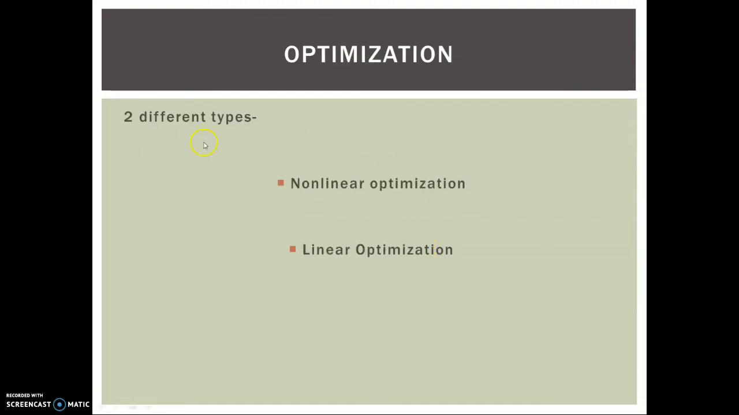There are two different types of optimization. One is nonlinear optimization and the other one is linear optimization. Now I am going to give a brief description of these two optimizations. So, nonlinear optimization